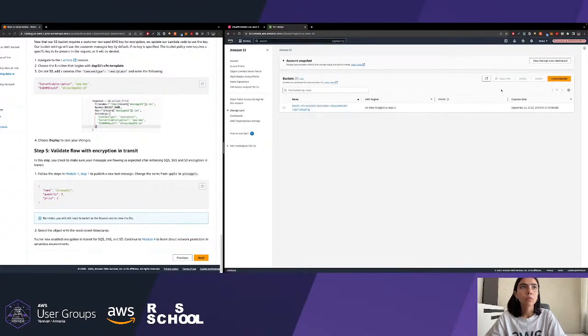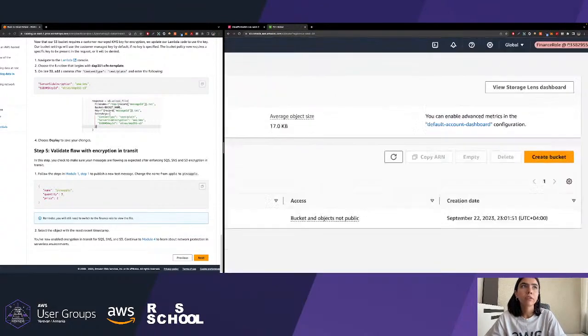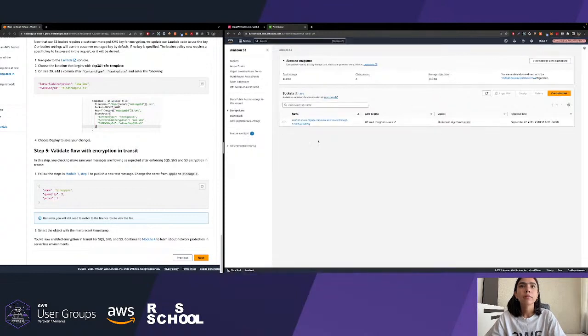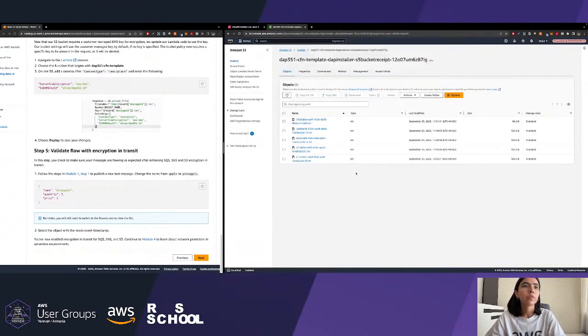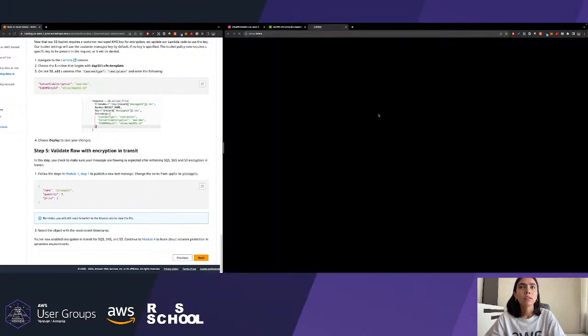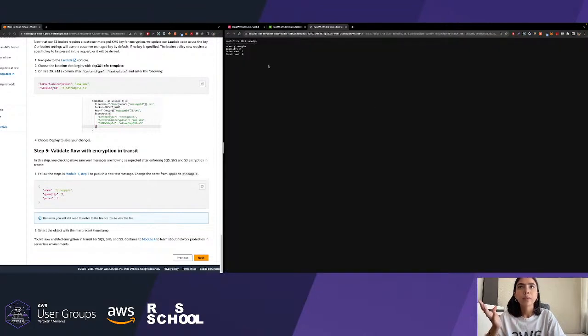Just switch the role to the finance one, and go ahead to review the latest file. This one, in my case. Open it, and voila, we have the pineapple here. Cool, cool, cool.